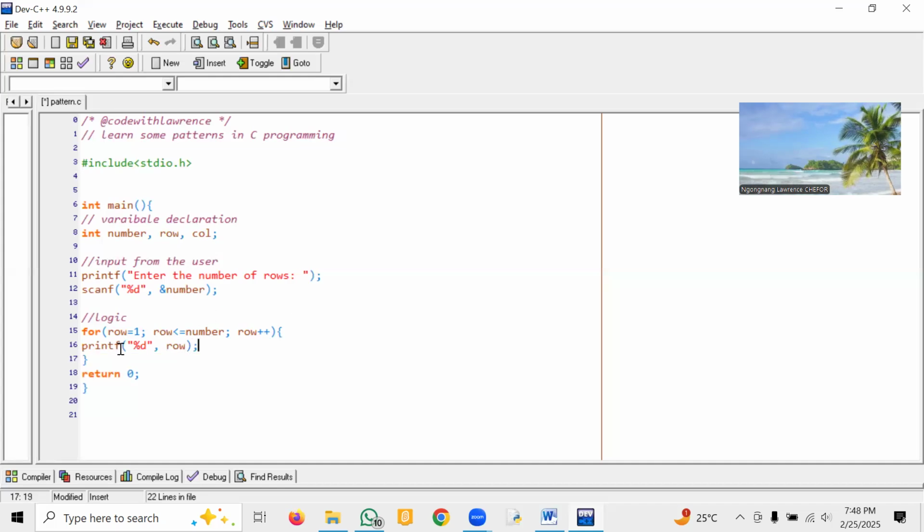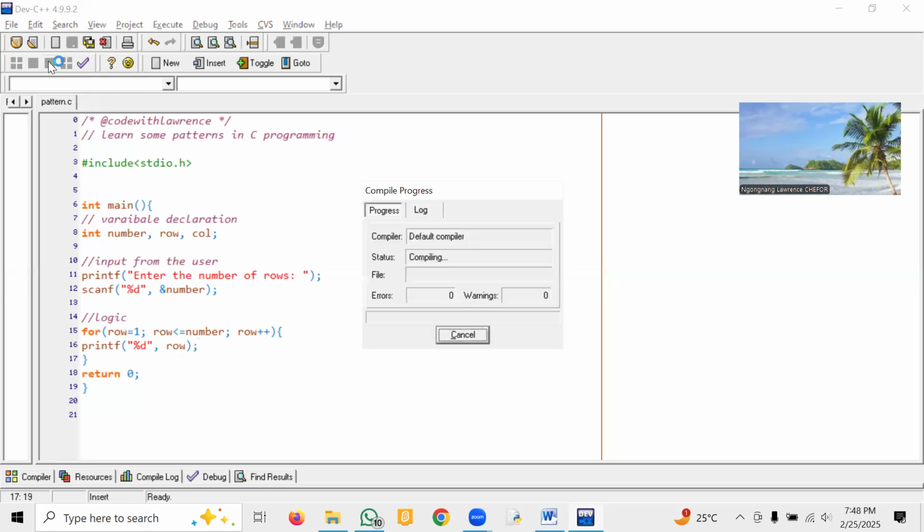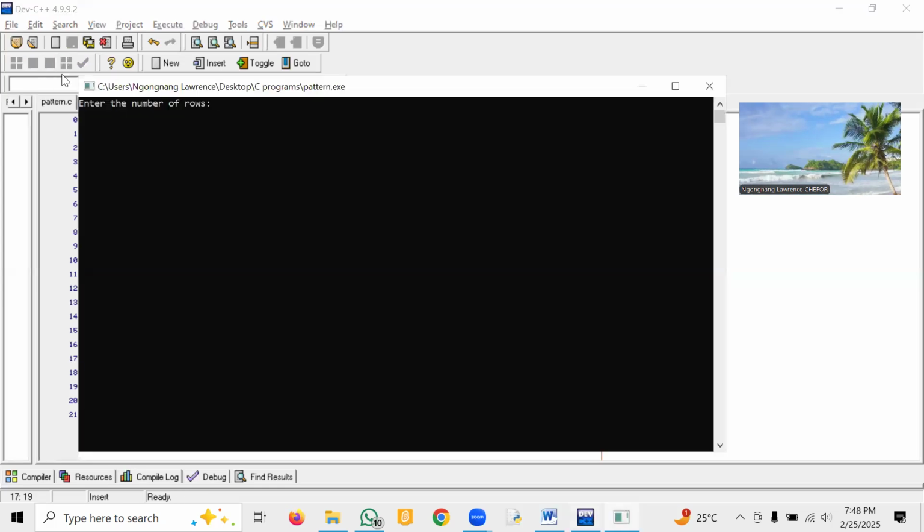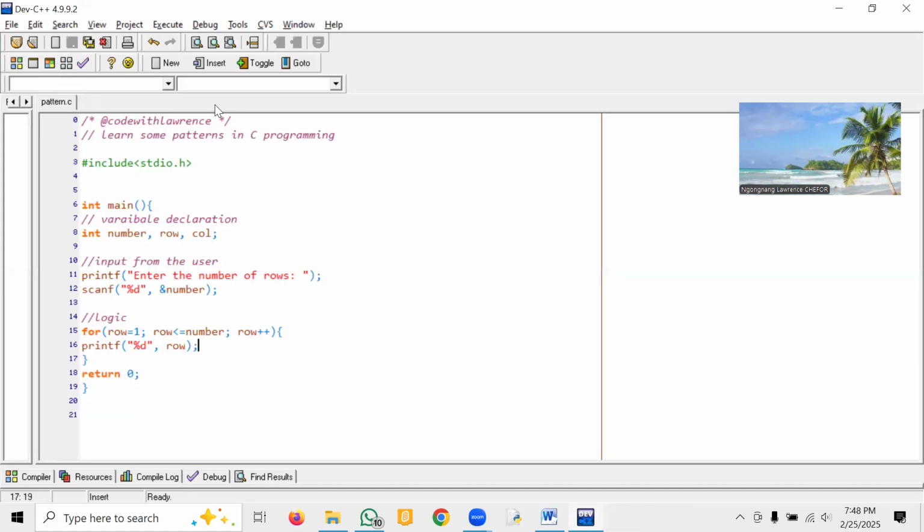Take note, I'm going to twist a lot of things. So here I'm using Dev C++. I have to compile and run. So it's running. Enter the number of rows. Let me enter maybe 10. You see, it disappears. This is a problem that